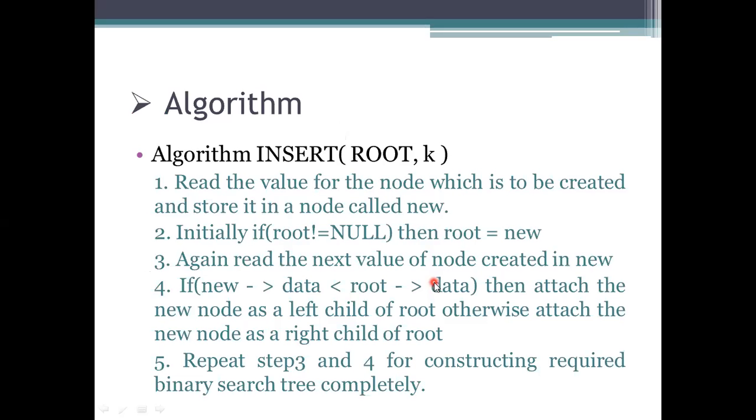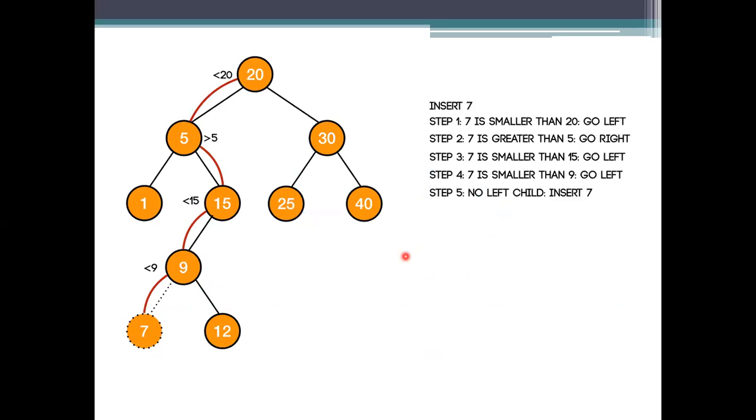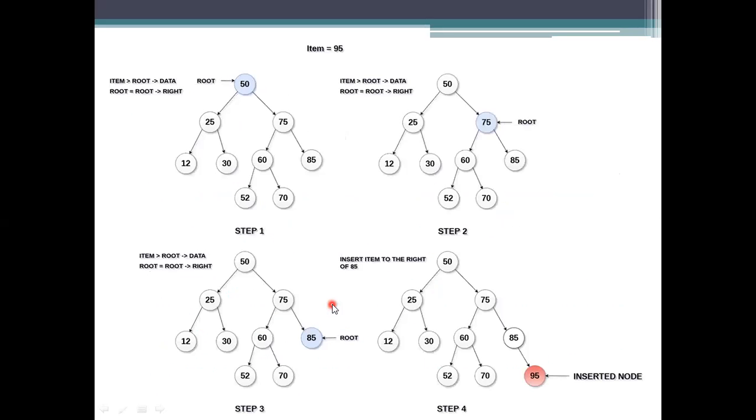Okay. And the algorithm is the same here. We need to first create a node, since we are using a linked list, we have to create a node. Just to see whether the root node is having the variables or not. And then we need to compare and then add this node to the left or right side. So this comparison continues until we reach the leaf node where it is to be inserted.